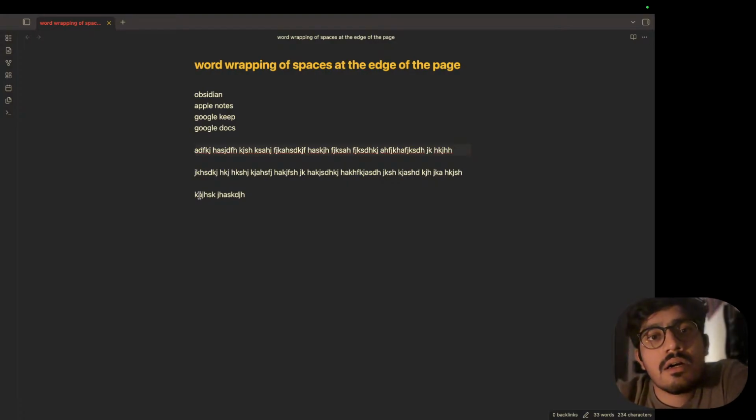Hi there. Have you ever noticed how different text editors handle wrapping of spaces at the edge of the page differently? So I was really surprised to see that even something,